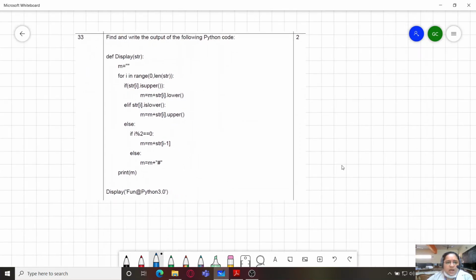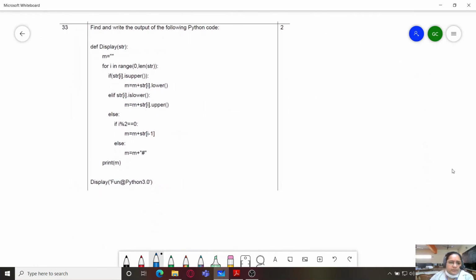Find and write the output of the following Python code. So this code is given and we need to write its output. You can see that this is a function. So we will look for the statement within the global area, that is display, which is a function call, and you can see it is sending a string to the function.